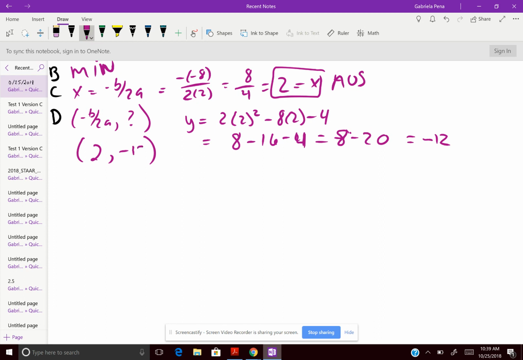Did you put the 2 from the axis of symmetry? Yes. And I'll go back and point that out, because your axis of symmetry is always going to be the x value for your vertex. Your axis of symmetry is always going to be the x value. So you see, A, B, C, D, we got through it faster than the other one. And now you do have to use